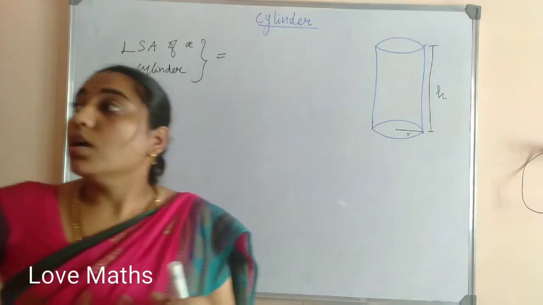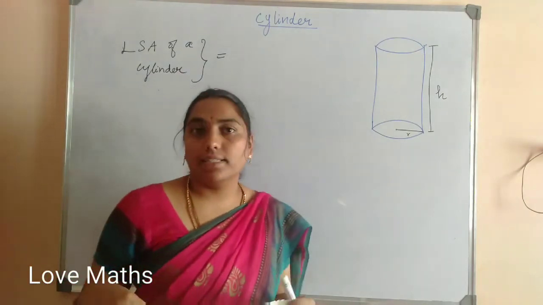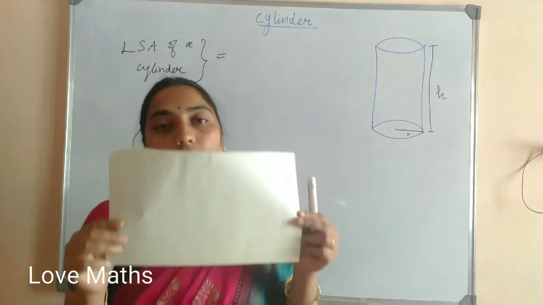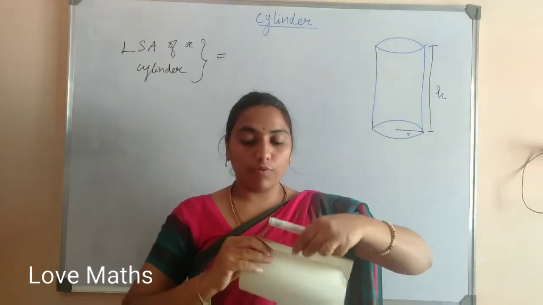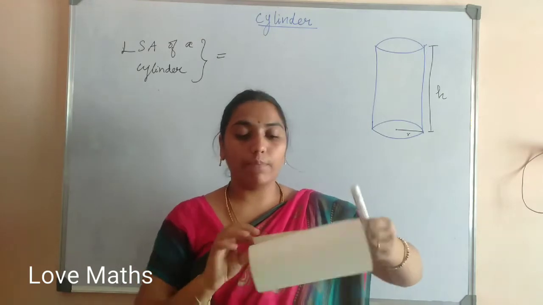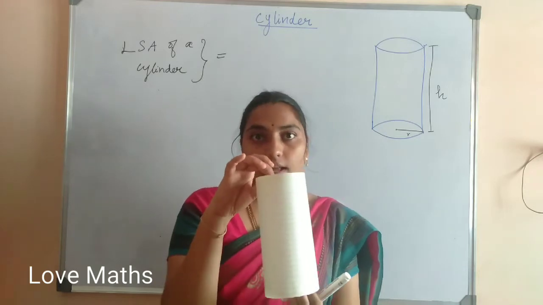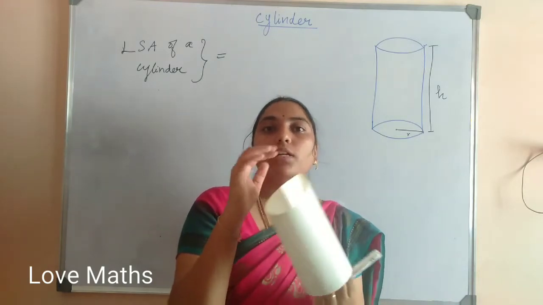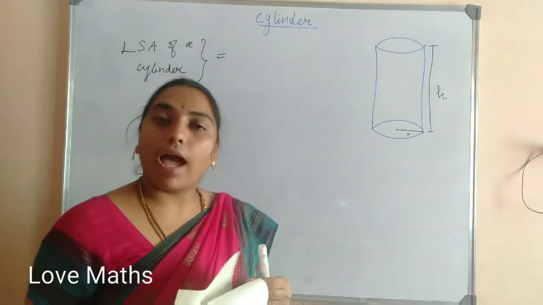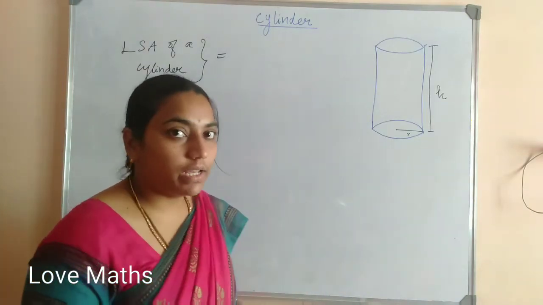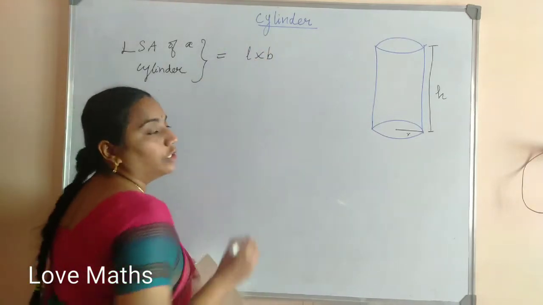Okay. So what we have to do, the cylinder is made up of a rectangle. This sheet will be the rectangle. How to make the cylinder? Just fold the paper. See, this is looking like the cylinder now. You just leave the top and bottom. First, okay, this is a rectangle, which means this area and lateral surface area will be equal. So the rectangle area is L into B.